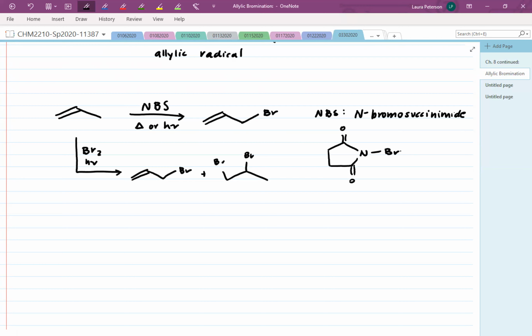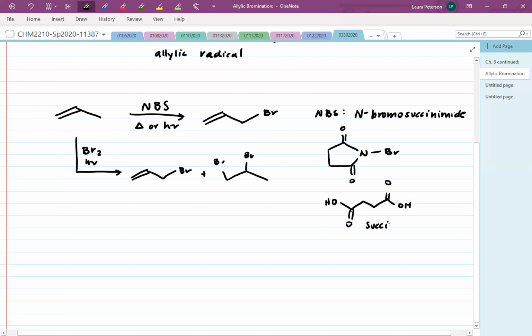N-bromo is pretty clear because we have a bromine attached to an N, a nitrogen. But where does succinimide come from? Succinimide comes from the word succinic acid, and succinic acid is this dicarboxylic acid. Okay, so this is succinic acid. This is the 4-carbon chain where I have carbonyls at position 1 and 4. You'll learn about the reaction that goes from succinic acid to succinimide when you get to